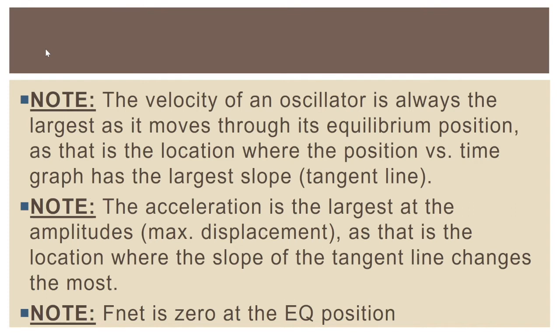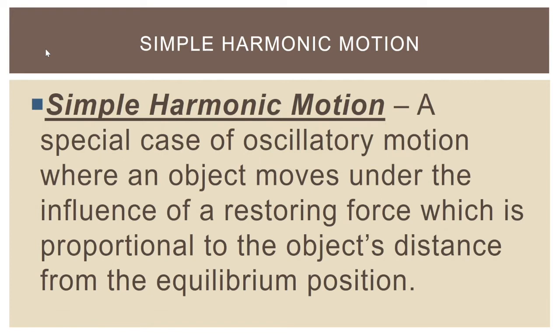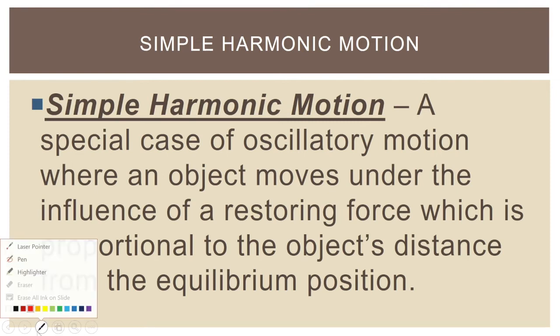So in the last couple of days here, we have been throwing around the term simple harmonic motion, but we have not fully defined what it is yet. I want to do that now because now we are ready to transition into the next phase of understanding oscillatory motion. And so let's just say simple harmonic motion is defined as a special case of oscillatory motion, which we defined yesterday, where an object moves under the influence of a restoring force, which is proportional to the object's distance